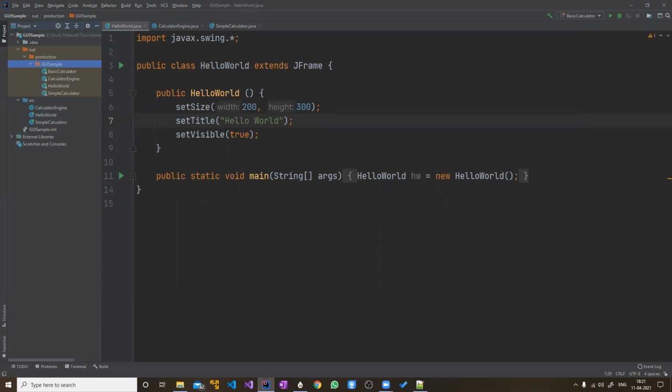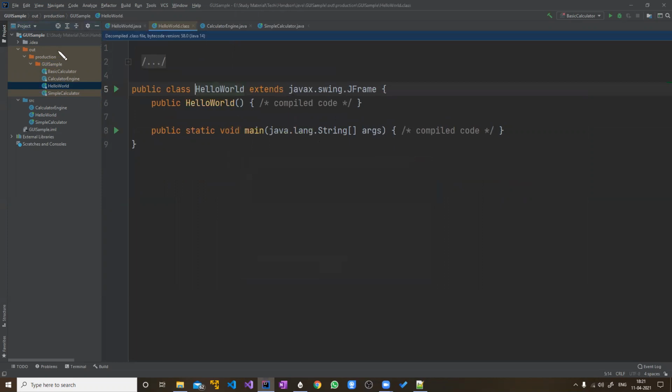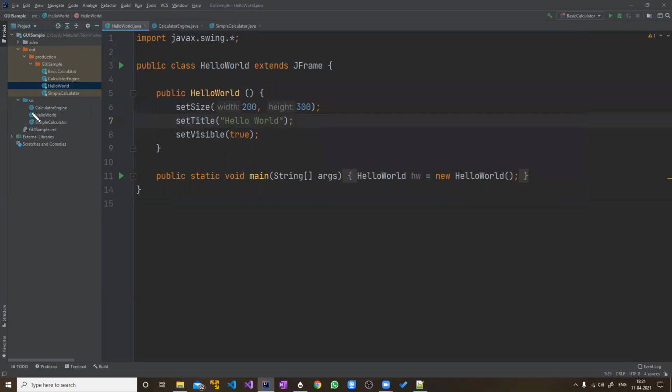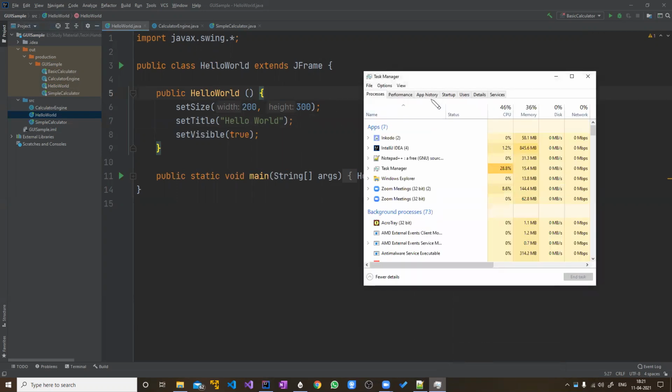Let us see that as well. Let's go to this hello world first. Let's go to this hello world.java and let's run this. Before running this, I'll open the task manager. In the task manager, you can see there is IntelliJ IDEA and everything.